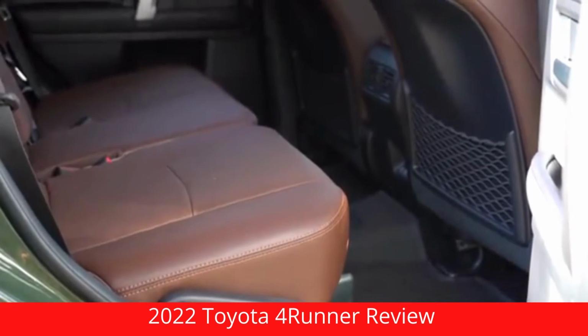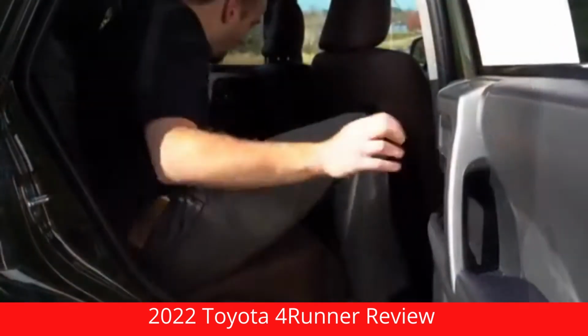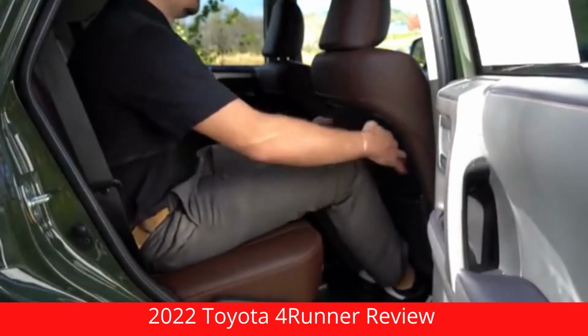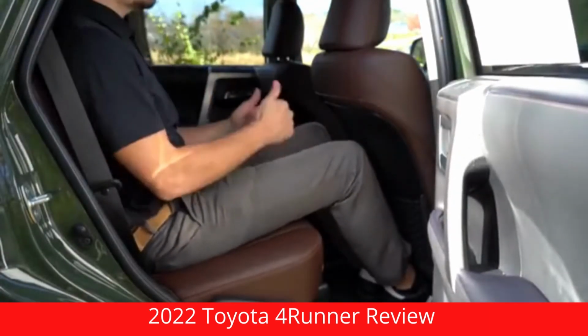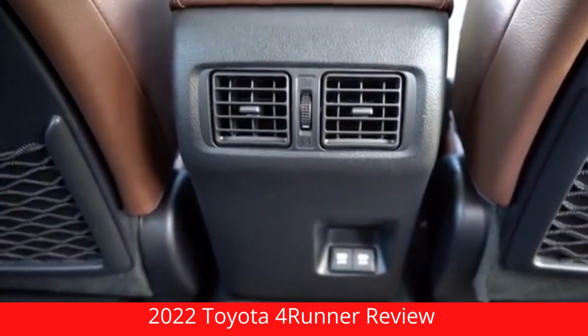Then making our way to the 2nd row legroom, that is going to come in at 32.9 inches. For reference, I'm an even 6 feet tall. This is how much space I had back there. You will find rear ventilation for those rear passengers, and there are dual USB charging ports